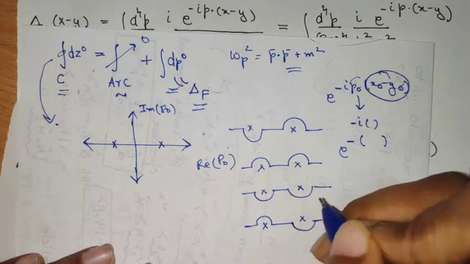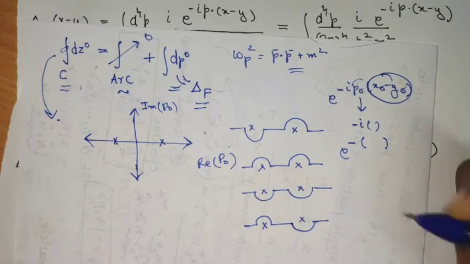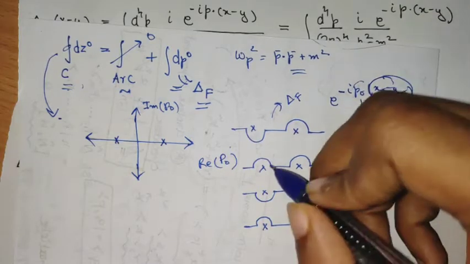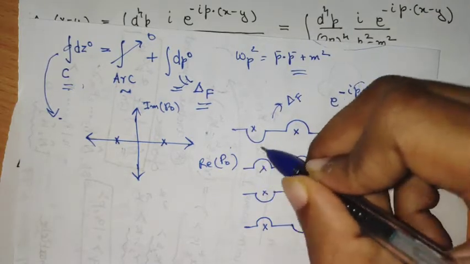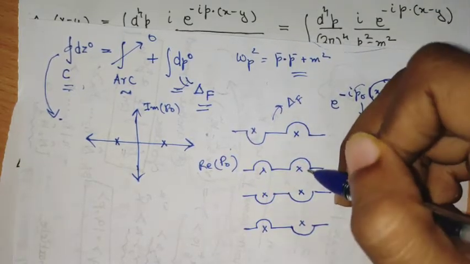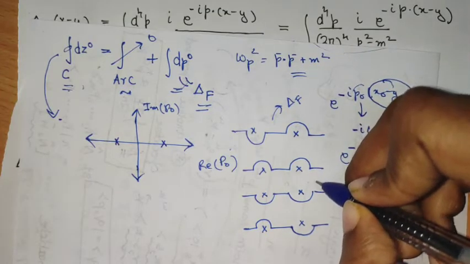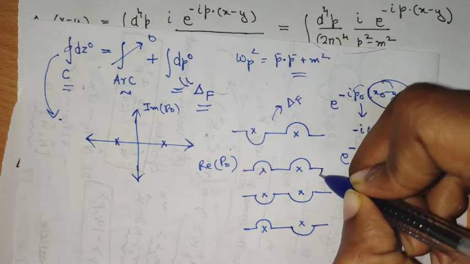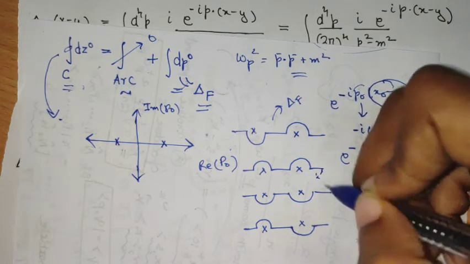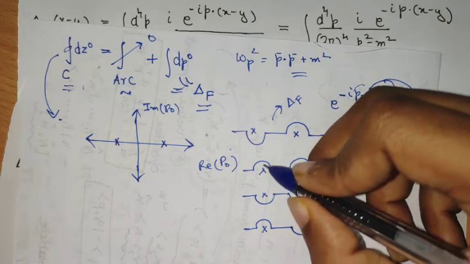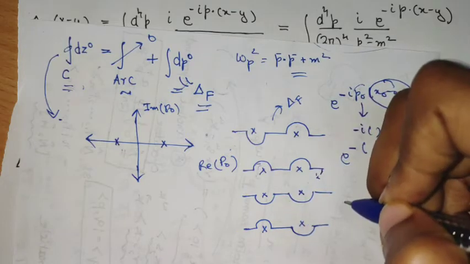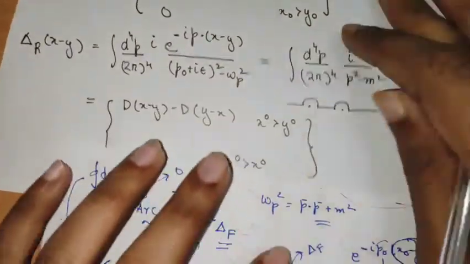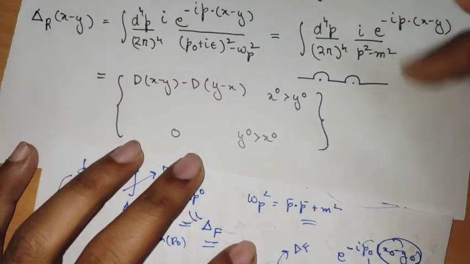So I can say all of these are valid. But now you see, this has given rise to the Feynman propagator. Similarly, if I traverse the contour in this particular direction, you see the contour will again need to close, and for x0 greater than y0, I am seeing that the contour is closing below, and I am getting contribution from both the poles. So this particular kind of traversing of contour is the example which gives us something like this.